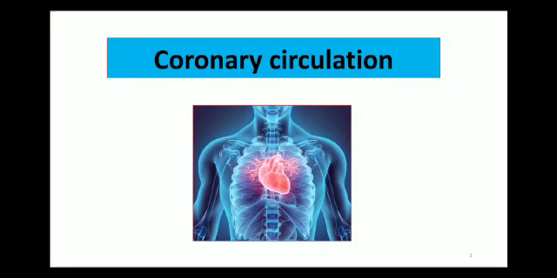Because number one, the heart muscle wall is too thick to permit the diffusion of oxygen and other supplies from the blood. So the blood cannot go from the chambers to the individual cardiac cells. The ventricular wall is very thick. Secondly, the watertight endothelial lining does not permit the blood to pass from the chambers into the myocardium. So, like other tissues of the body, the heart must receive blood via some special circulation. So, here it is: coronary circulation.